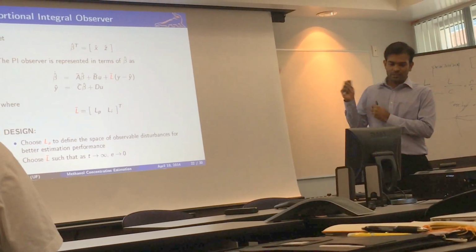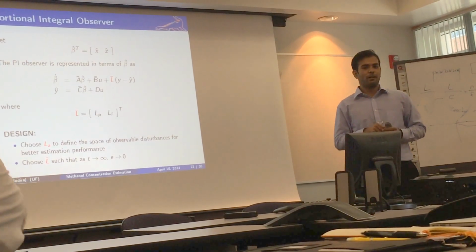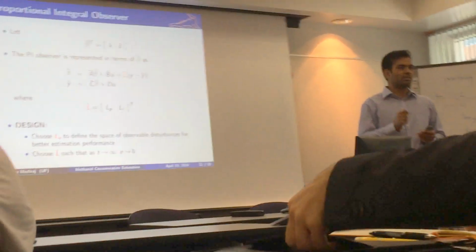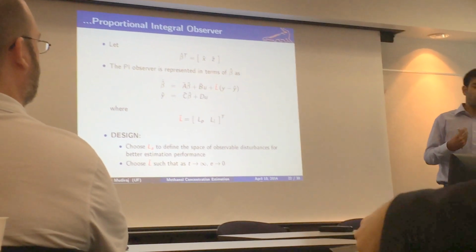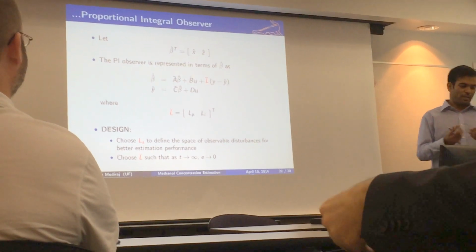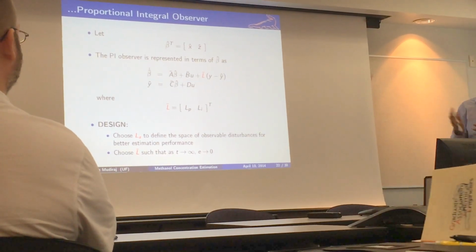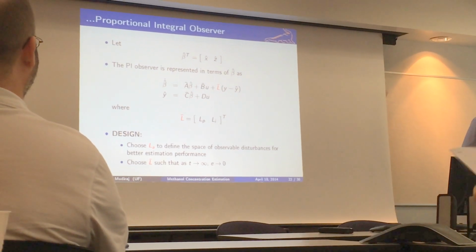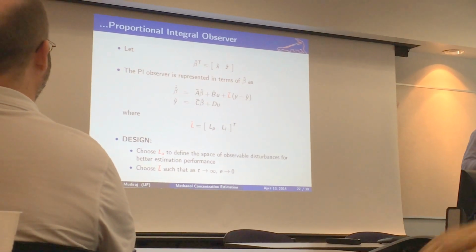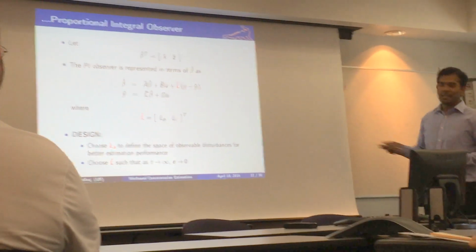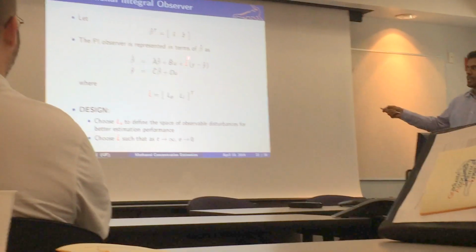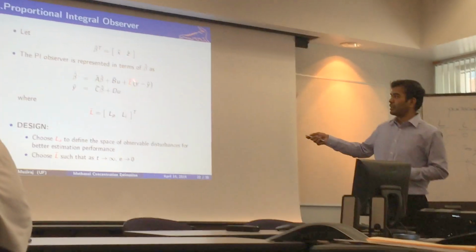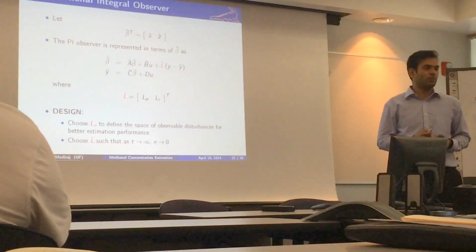People have been using this observer since the 80s, and unfortunately no paper could present a systematic method to choose this LA. And this forms a significant part of my research, and in my dissertation, one chapter is dedicated to proposing a systematic approach to design this gain matrix LA. Now, I'm going to use that theory to get my LA, and once I get my LA, I can use all the standard approaches that are there for Luenberger observer to design my L bar. And one such method is pole placement.